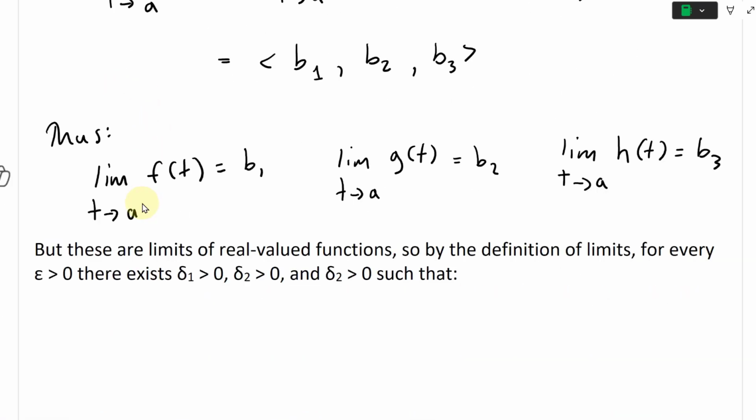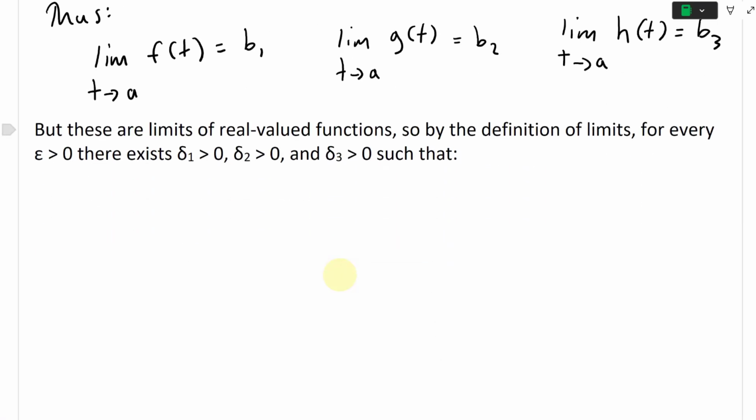All right, but right here, these are limits of real valued functions. So by the definition of limits, for every epsilon greater than 0, there exists delta 1 greater than 0, delta 2 greater than 0, and delta 3 greater than 0, such that if